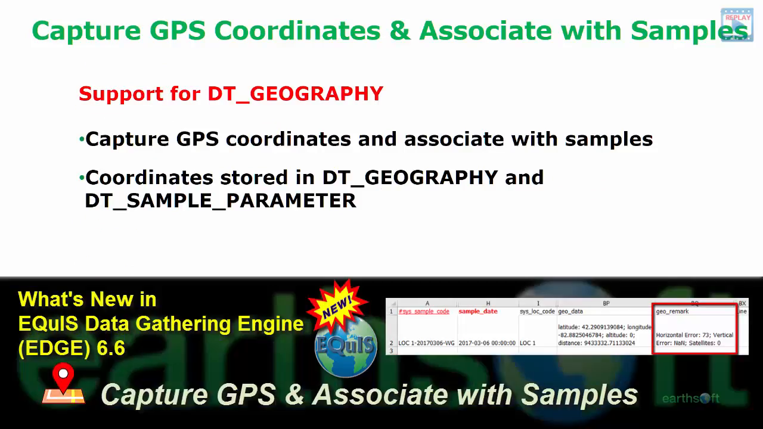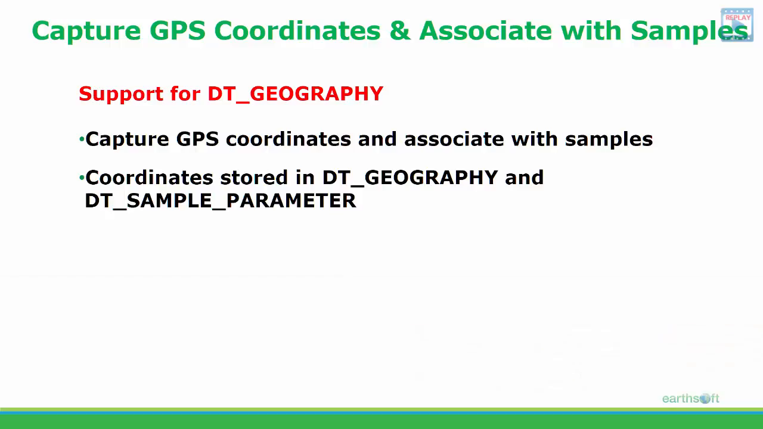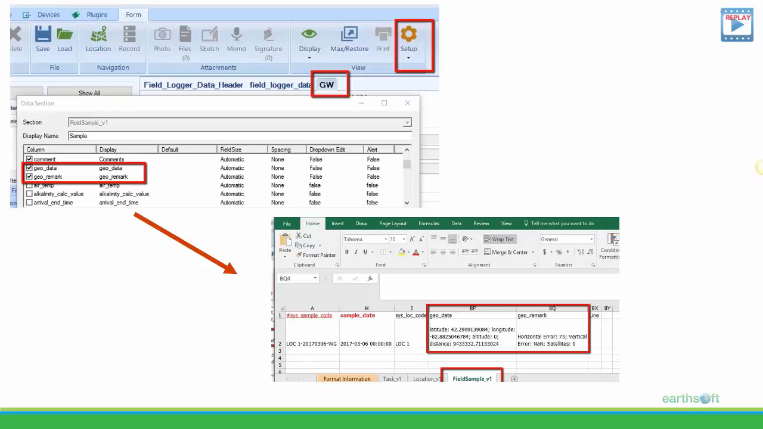The first thing is capturing GPS coordinates. This feature addresses the need of capturing the accurate location of a collected sample directly from the field sample form. The data is going to be recorded in two tables, DT geography and DT sample parameter. In order to implement this feature, we brought up two more fields pertaining to the field sample